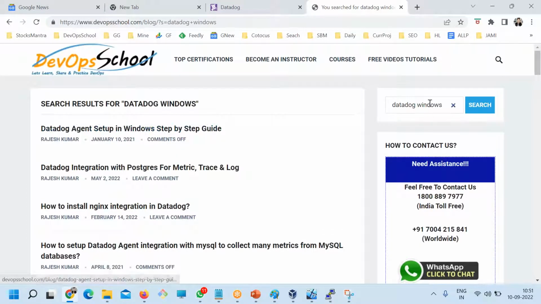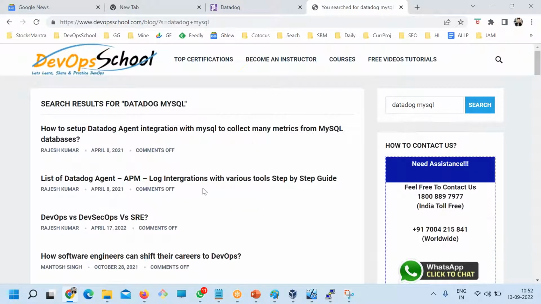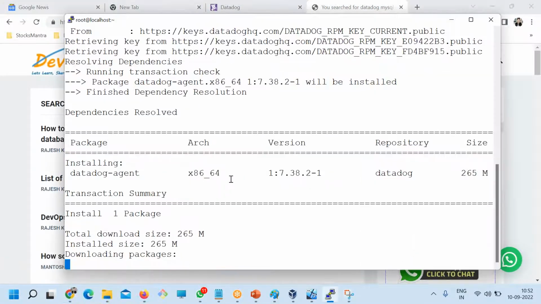See, Windows. You want to monitor Apache, here you see. You want Tomcat. You want to monitor MySQL. Search for that and you'll get it.